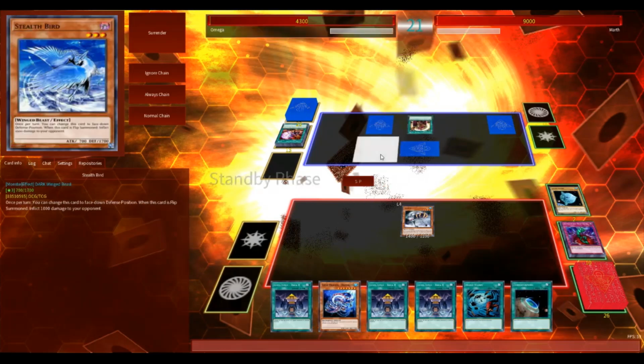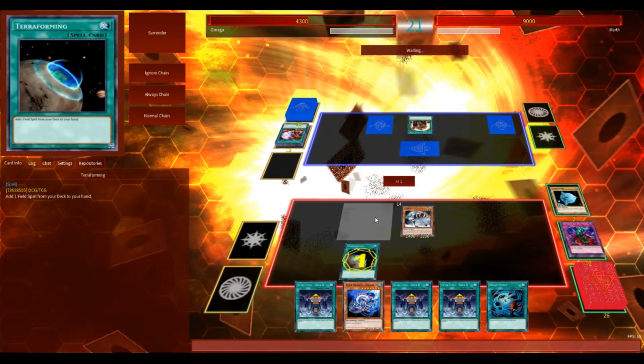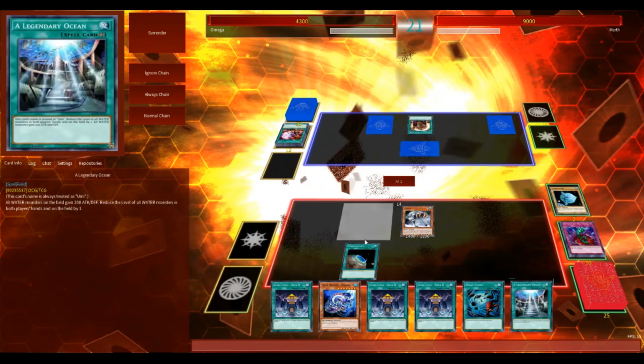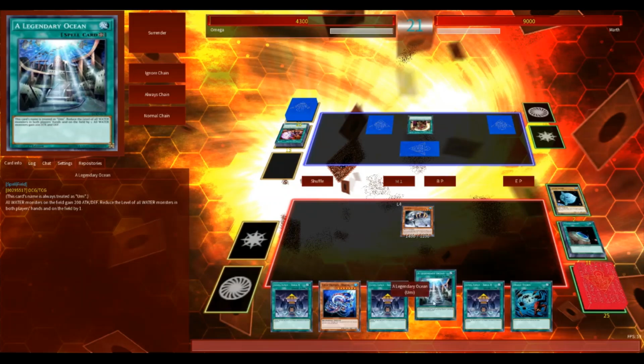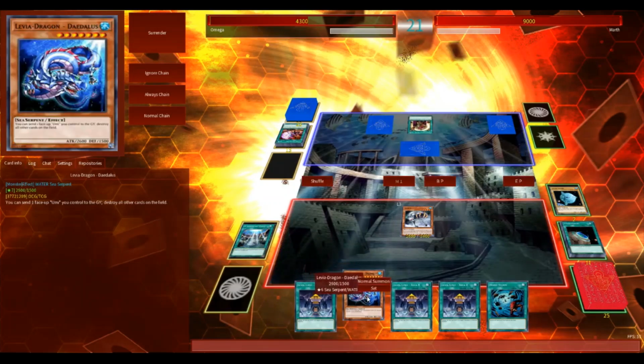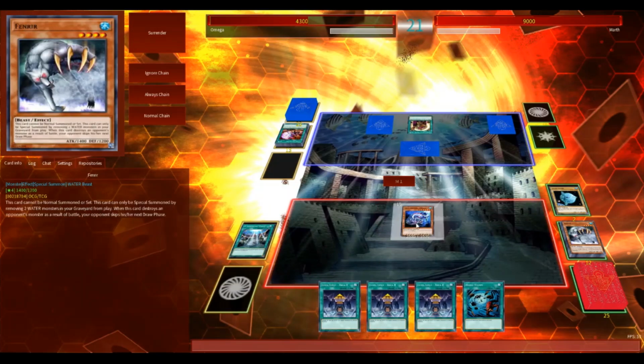And now Marth plays Legendary Ocean in the biggest brain move. Oh, you gonna negate my search? Don't even have that. Also, I can summon Daedalus with 1 tribute. And now you can't attack. Or he can kill that. Or he faces down to...